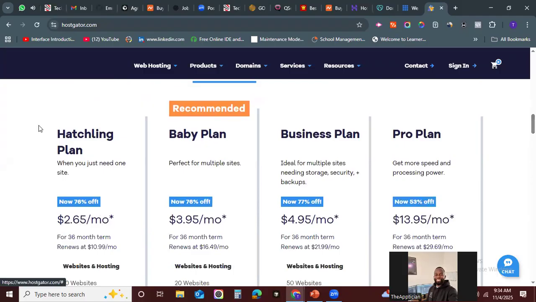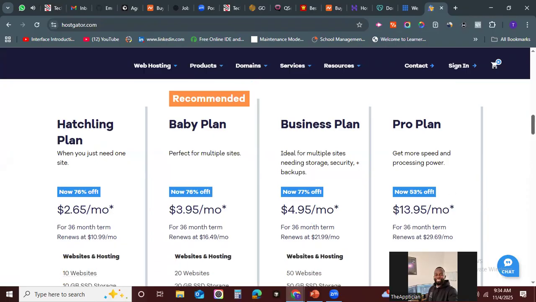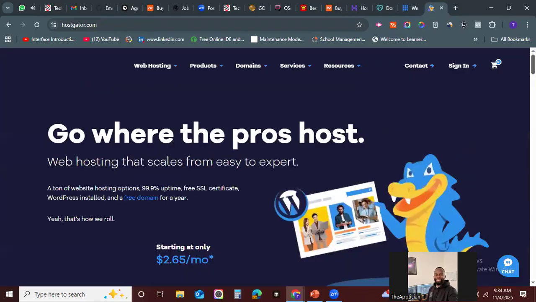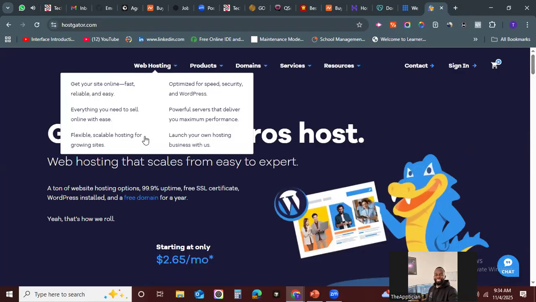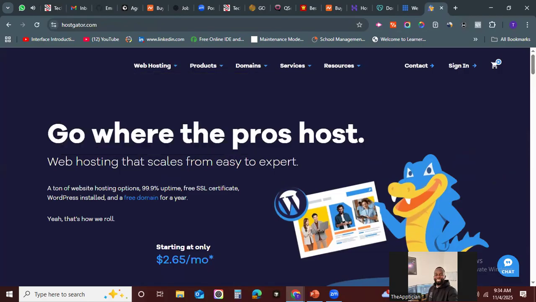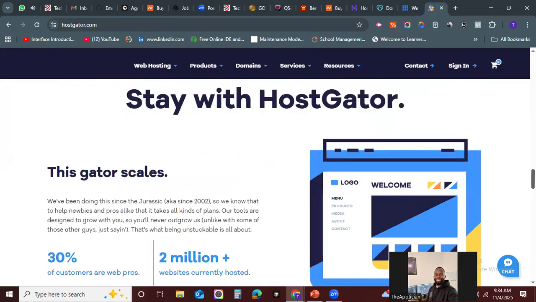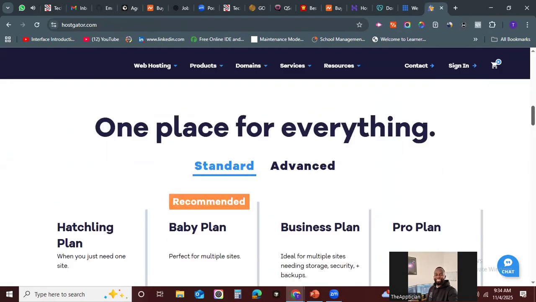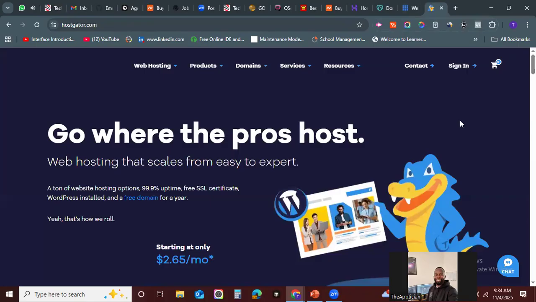$2.65 per month for the Hatchling plan, for very small businesses. They have the Baby plan at 3.95, Business plan 4.95, Pro plan 18.95 per month. You can choose to pay monthly or yearly, whichever one works for you. So you want to pay, you come here and look for the plan. Just select the plan you want and proceed to make your payment. Right, but I really don't use them again. They are good, but